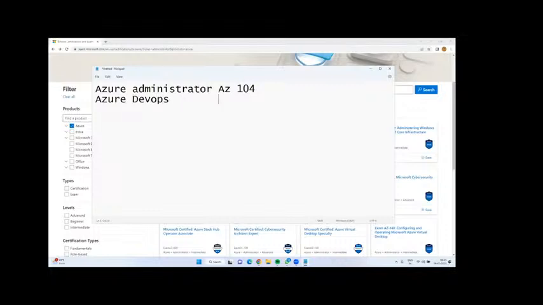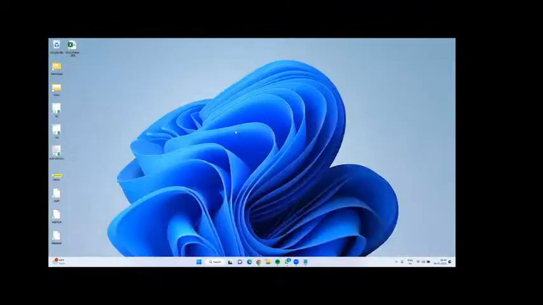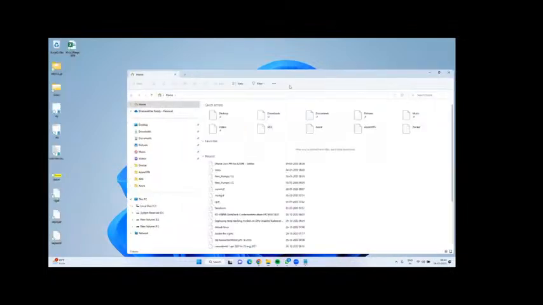The combination of these two is very popular in the market. I am giving AZ-400 DevOps and AZ-104. Have a look, I am going to present one PPT where I have included all modules and submodules. Let's see, I will open it.